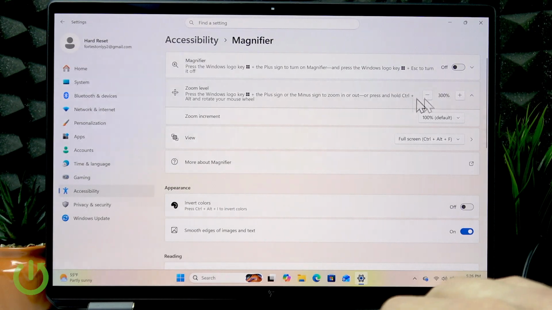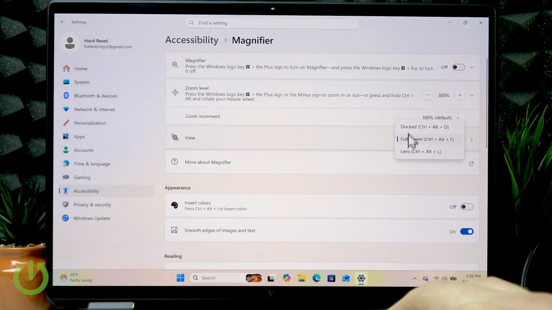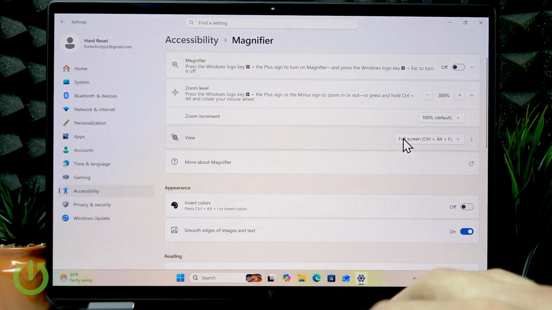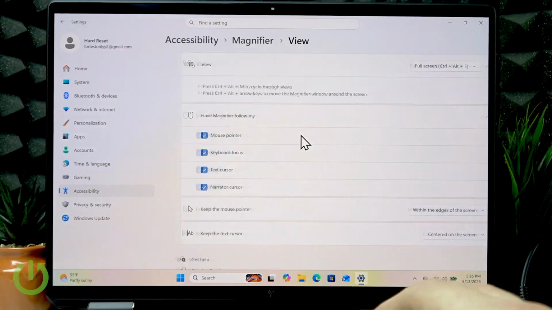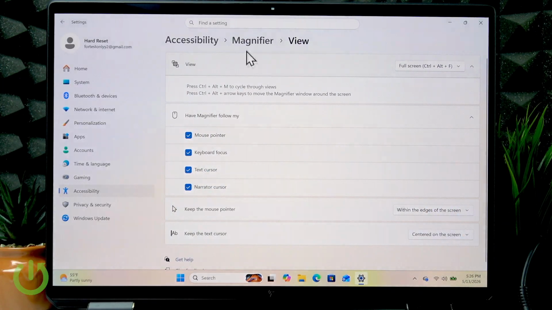We can adjust the zoom level using plus and minus icons and zoom increment, and most importantly we can choose the view of the magnifier, and each view has its own settings which we can access by clicking the View menu. And here in this menu you will be able to switch between these views, and as you can see